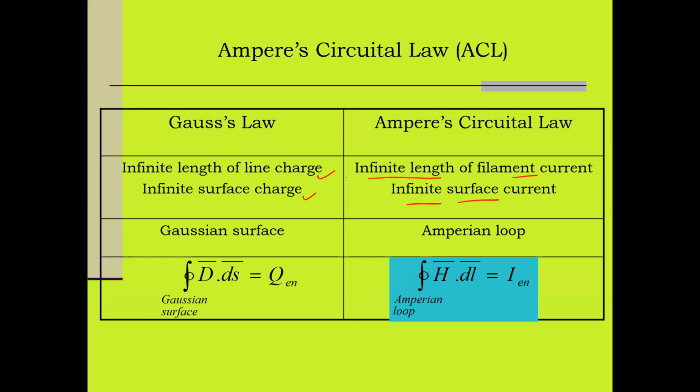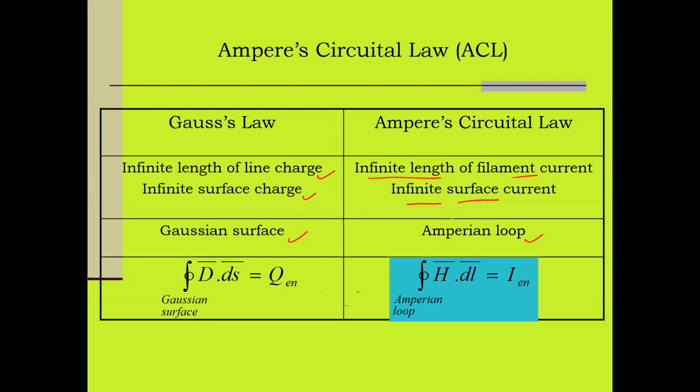Okay, and for the Gauss Law, we use the Gaussian surface in calculating the electric field intensity. So we need to sketch the Gaussian surface first before we can apply the Gauss Law. Whereas for the ACL, we need to sketch the Amperian loop before we can proceed with the calculation of the H field using the ACL. So these are two different things. For the Gauss Law, we have the Gaussian surface, and for the ACL, we have the loop, or we call